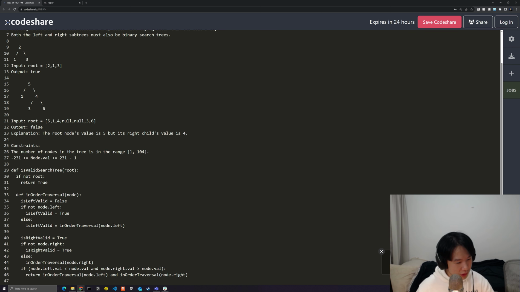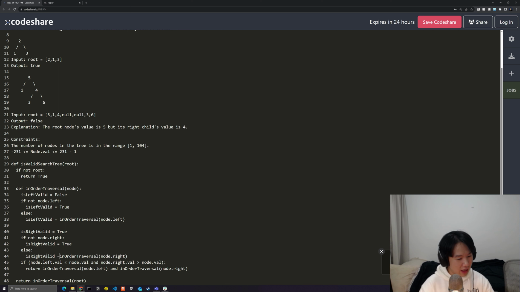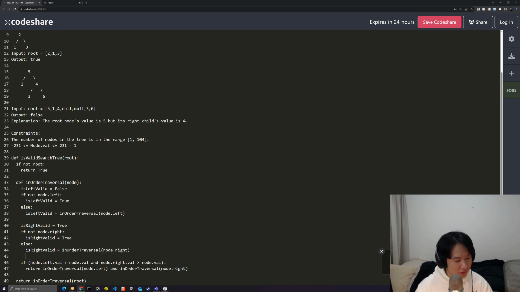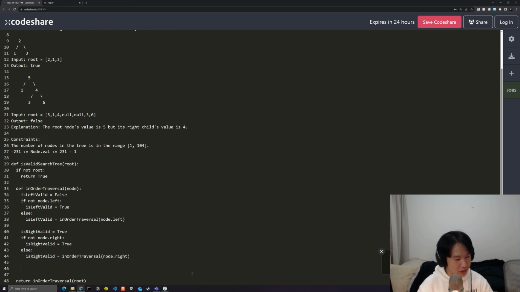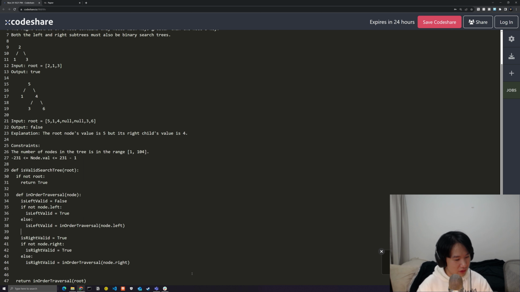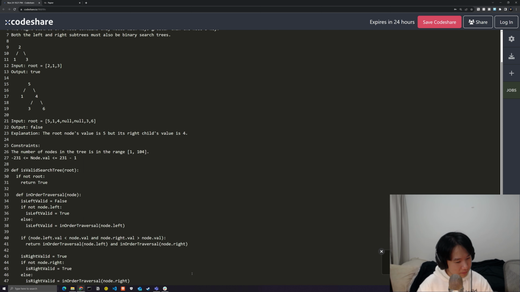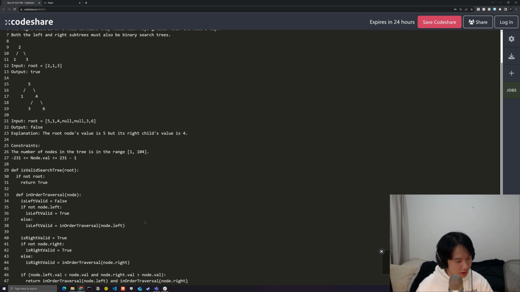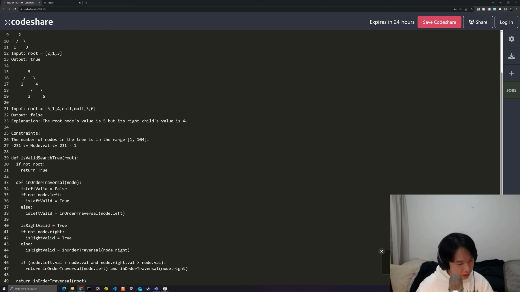So the logic with what I'm doing here is that I want to check if the left is valid, check the right is valid, and then if both of those are true and the current one is valid, that's when I actually want to be returning true for our final value. So at the very end of this, you want to check if is_left_valid and is_right_valid,